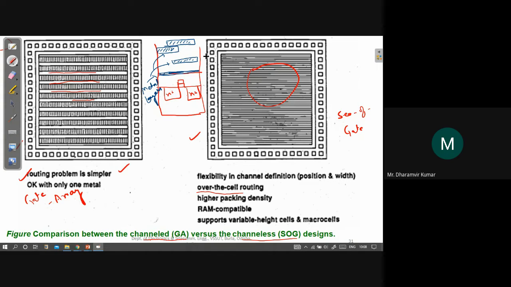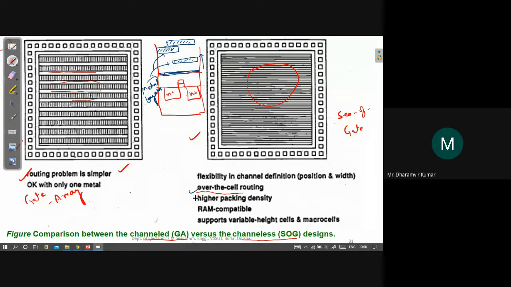As we go up, the thickness of the metal lines becomes more. At the bottom we have narrow metal lines, then a bit thicker, and the thickest ones are at the top. All of these layers are used for connecting the transistors or components present on the chip.